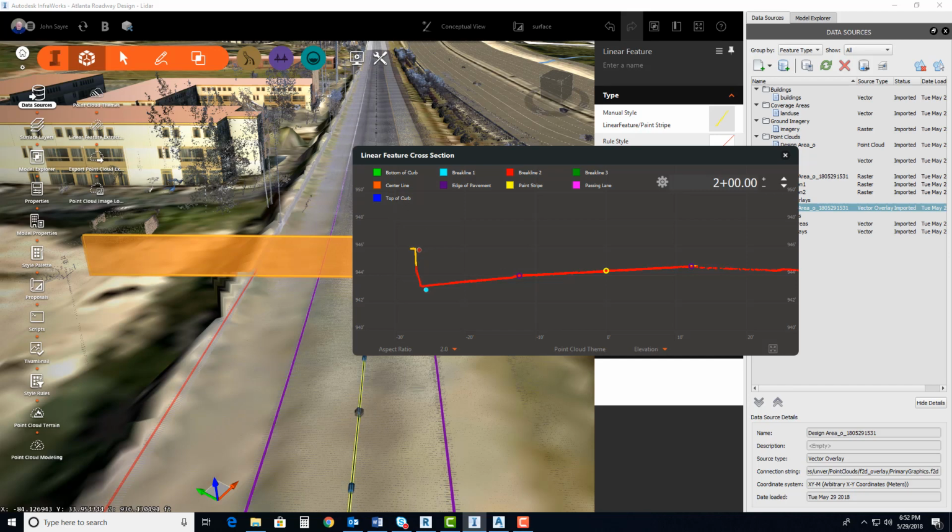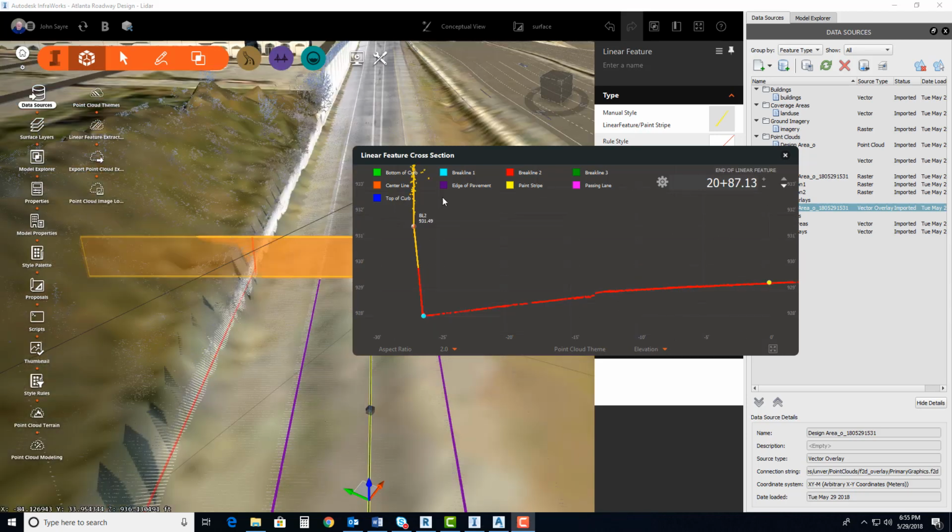And then we're going to talk about transverse features and the benefit of transverse features. So you can see here at the end of the feature line, it does tell you that you are at the end of the feature line. You can see that this wall has gotten a little bit higher, and it's not really a jersey barrier anymore. It's more of a retaining wall or fence. So